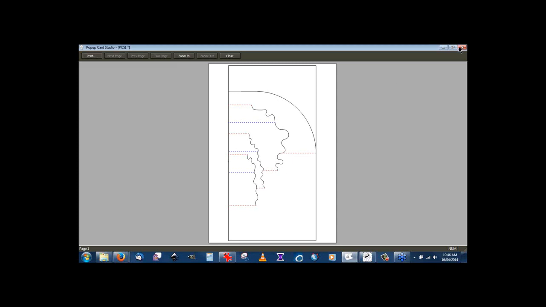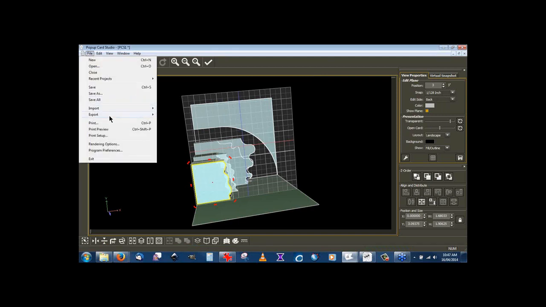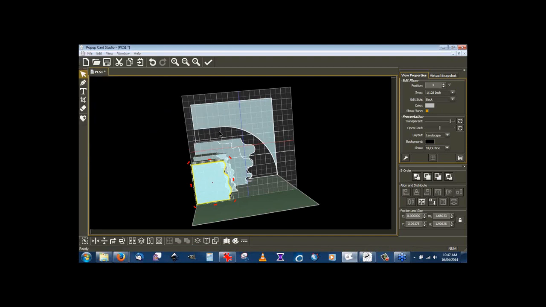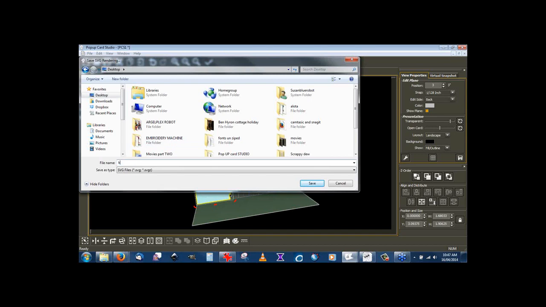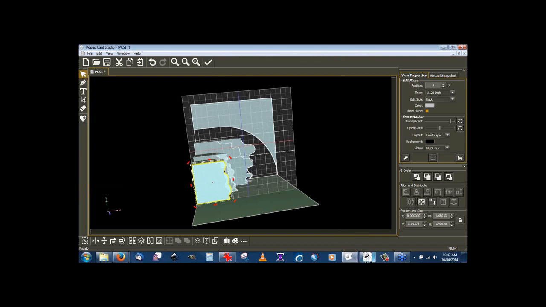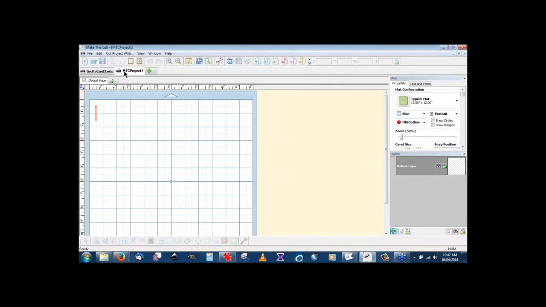So from that, you go save as, export as SVG, and I got Kathy. And we save that. Then you go over to make the cut and start a new project, and we go import that SVG,